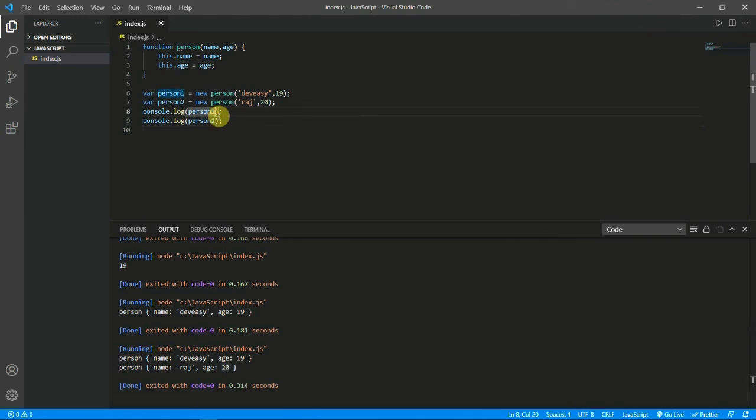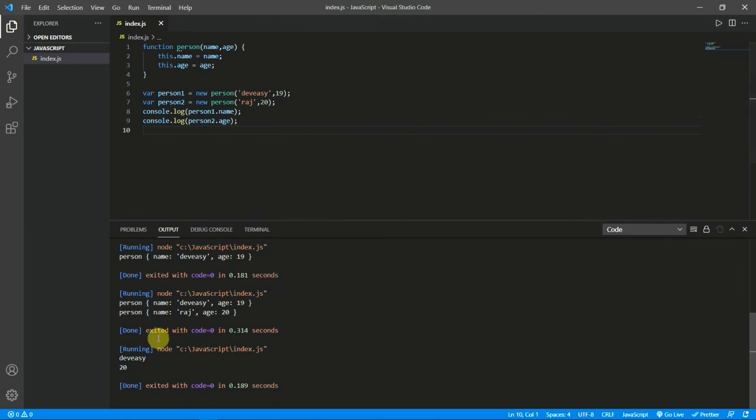If I want only the name, I will give person1 dot name, and if I want only the age, I'll give person2 dot age. Run the code. Here we go, Debussy and 20. This is how we make multiple objects having the same properties using a constructor.